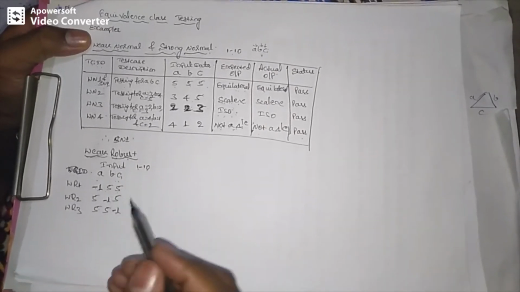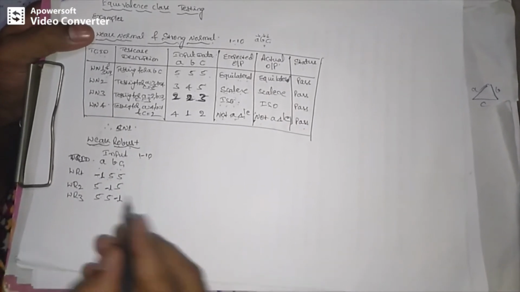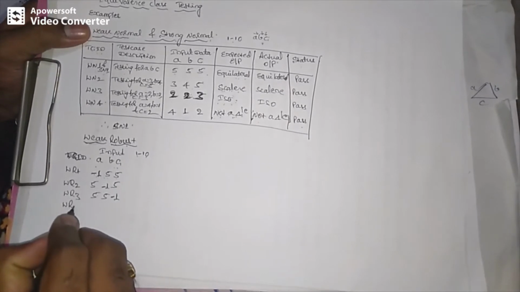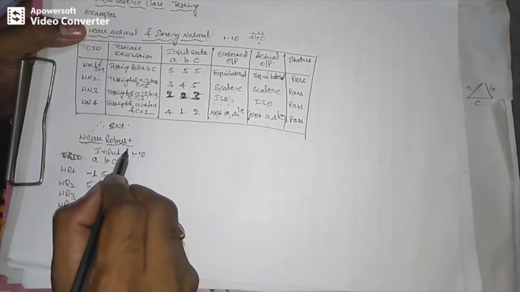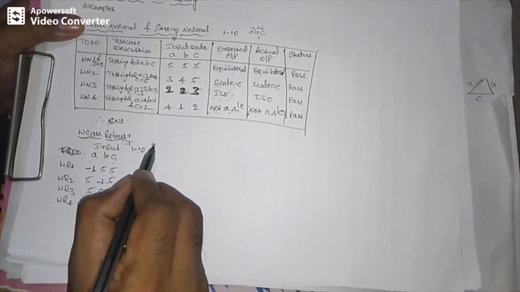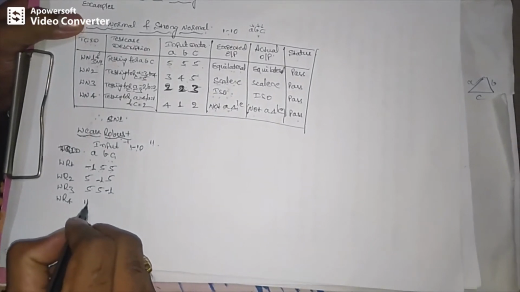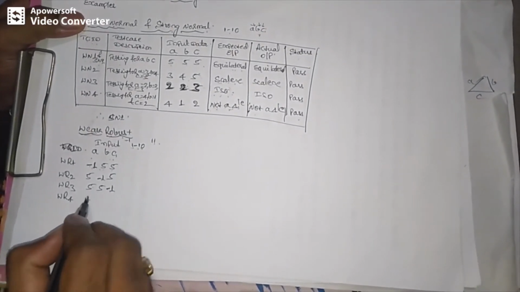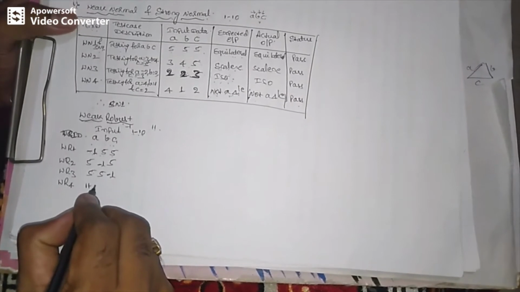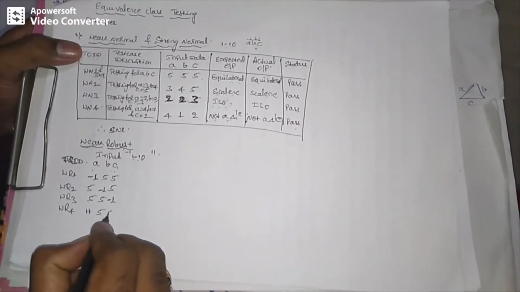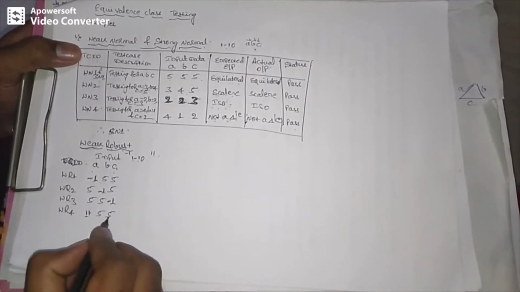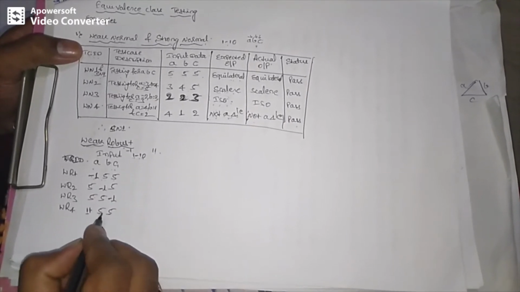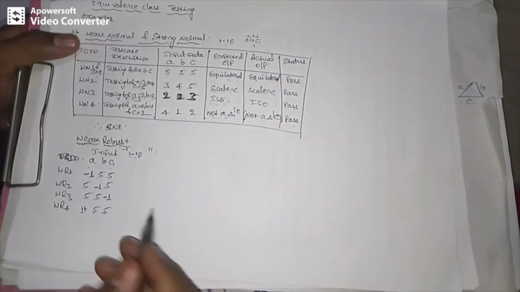Similarly, I need to write the same test cases for the maximum plus corner. That is WR4. Maximum plus here, with range 1 to 10, the invalid is minus 1 on the low side and 11 on the high side. So now I will write the same test cases, but here we are covering the other corner of the input. So 11, 5, 5. Now you can see this is the invalid input, single fault assumption. These two are valid input variables, and their value should be nominal.